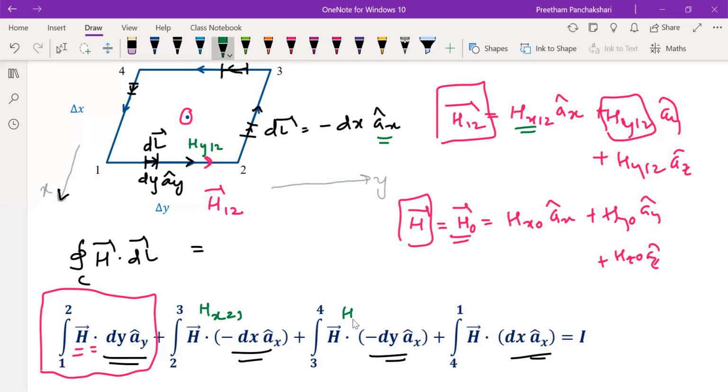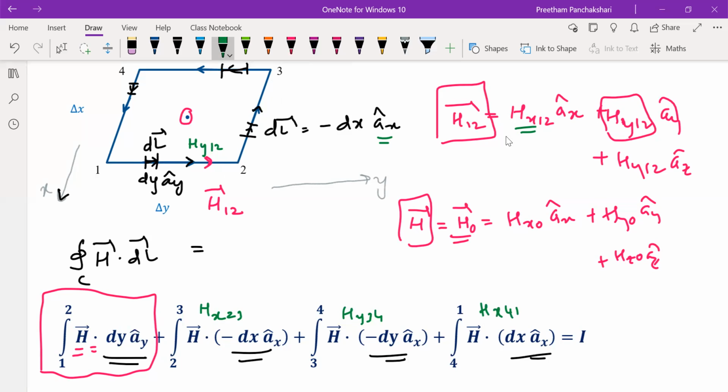Similarly here, Hy34, Hx41. So like that, we can designate the components of the magnetic field present over each path. Okay, 1 to 2 is parallel to the y-axis, so it can have only the y component because ay dot ay is 1, other components are 0. Similarly, over 2 to 3, you can have only the x component, but this value will be designated as